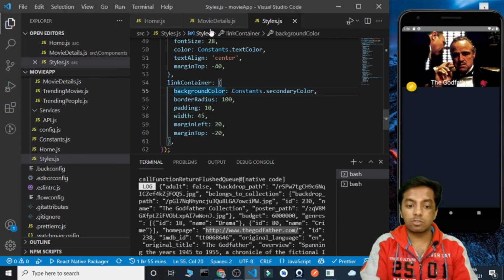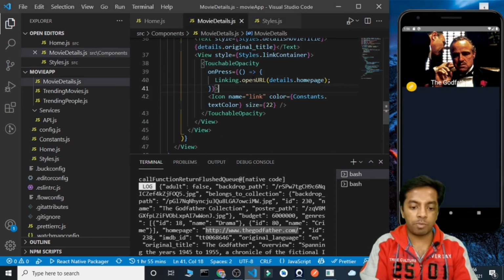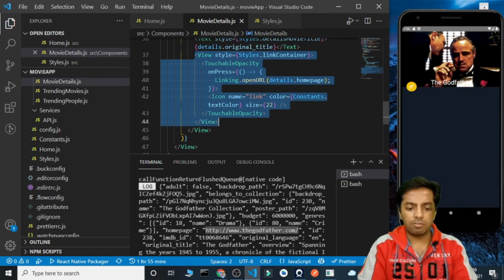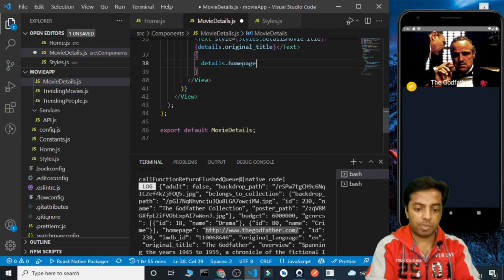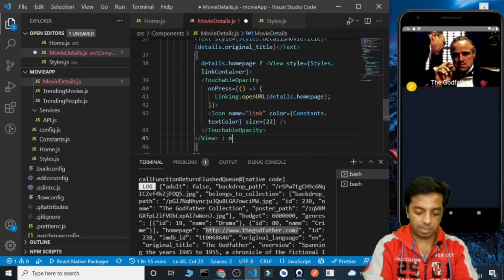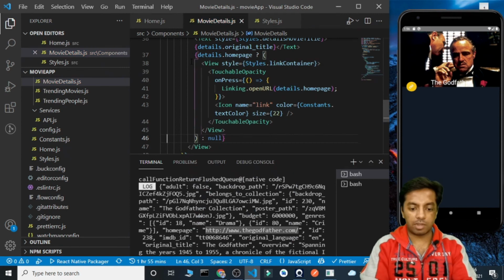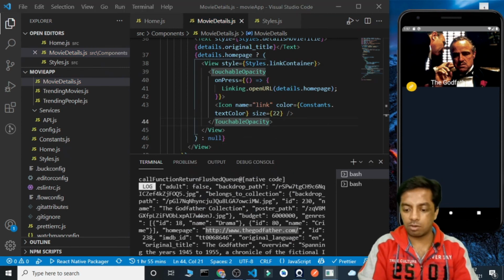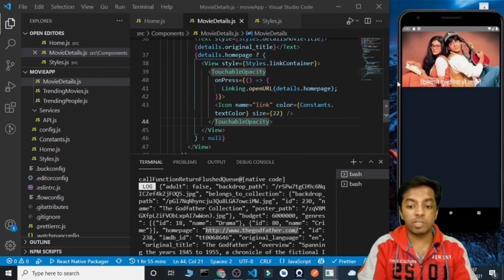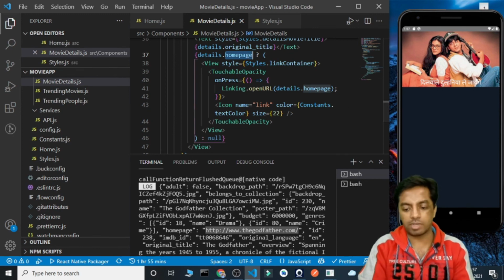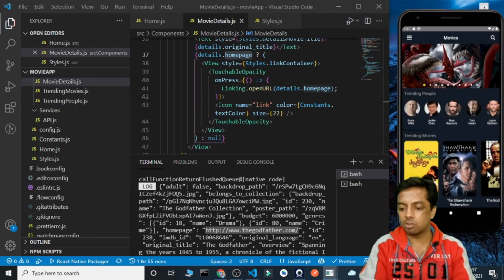Okay, but there is a twist in this. In all movies, we don't have this property, this homepage property. Only in some cases this property is present. So here we need to keep a check. If details.homepage is present, then add this, otherwise keep null. Okay, so in this case we had this, so we are getting this. Now let's move on to this. For example, now in this case we didn't have the homepage property, so the link is also not here. Okay, so just breaking the UI is not a good case, so we have added the conditional check for the homepage property. If it's set, then we are going to display it, otherwise not.